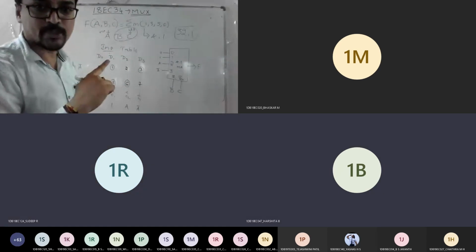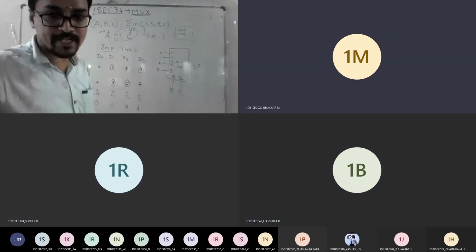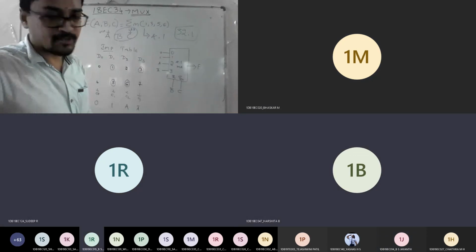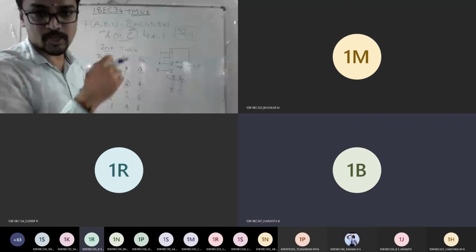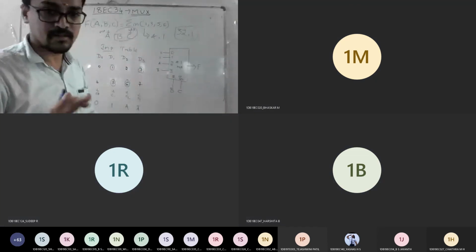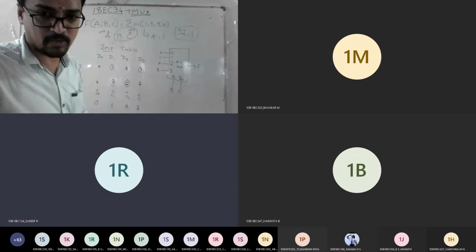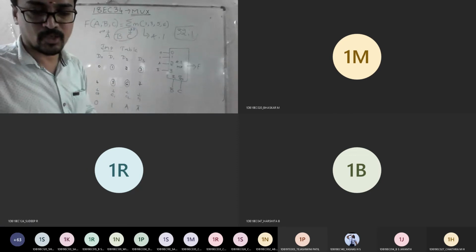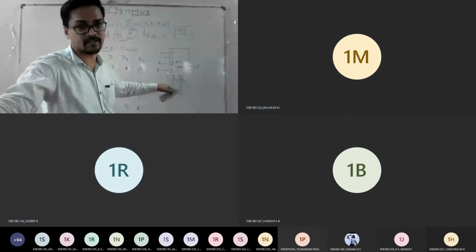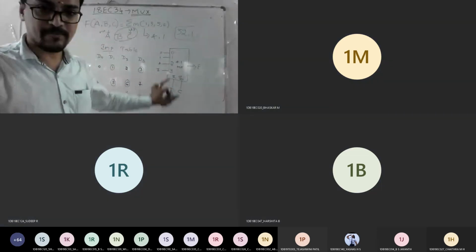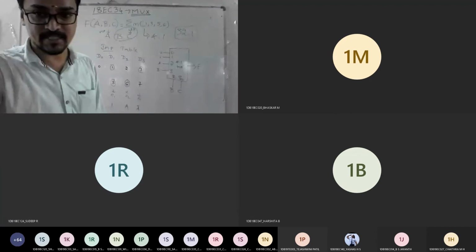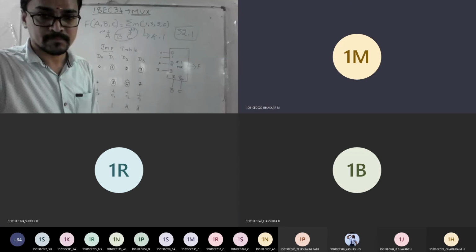To build 1:1 mux, how many 8:1 mux are required? 4. Correct? Yes, sir. You can do the connections as you told. If you mention enable pin 0 or not, that doesn't make any problem. That is also fine, not an issue. If you want, you can make one enable pin and ground it. Any of it is given to 0. If you represent or not represent, it doesn't make any sense in this type of problem. Is it fine? Yes, sir.